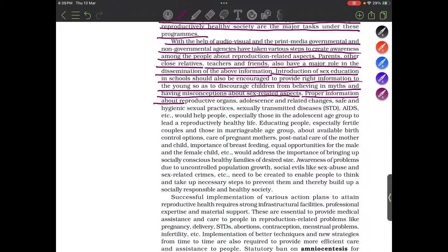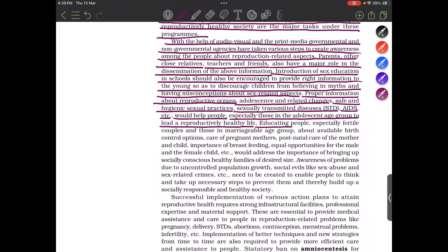Proper information about reproductive organs, adolescence and related changes, safe and hygienic sexual practices, sexually transmitted diseases (STD), AIDS, etc., would help people, especially those in the adolescent age group, to lead a reproductively healthy life. Educating people, especially fertile couples and those in the marriageable age group, about available birth control options, care of pregnant mothers, postnatal care of mother and child, importance